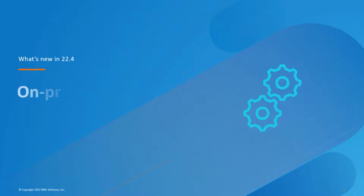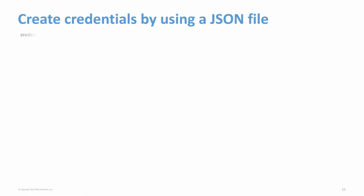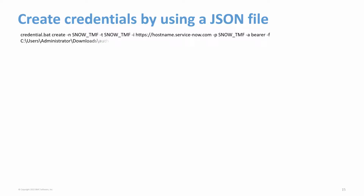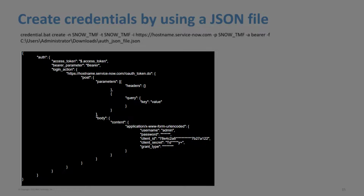Now, let's look at some of the enhancements made to the on-premises connectors. Instead of specifying credentials step by step, you can create a credentials file in a JSON format and run a single command to create credentials while configuring any connector. This sample file is for the ServiceNow connector that can be used for configuring an on-premises connector for Proactive Service